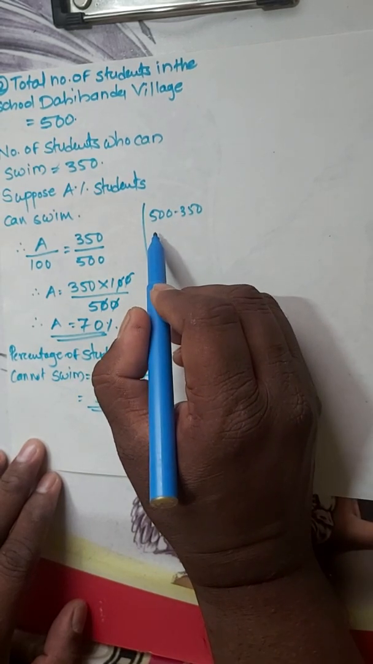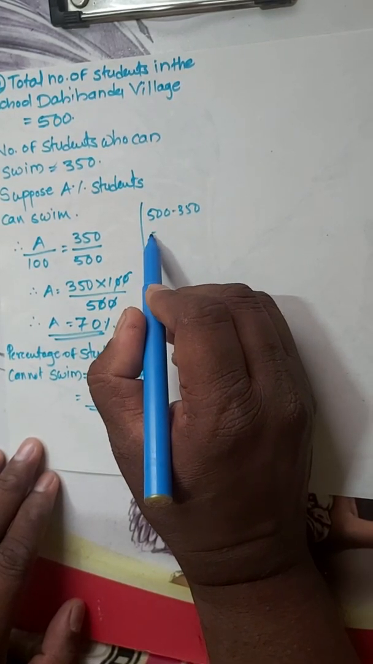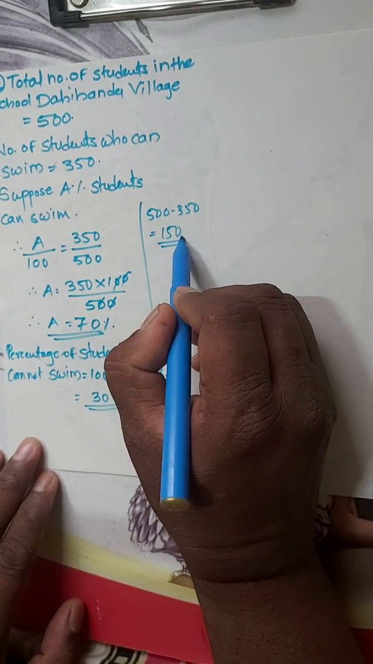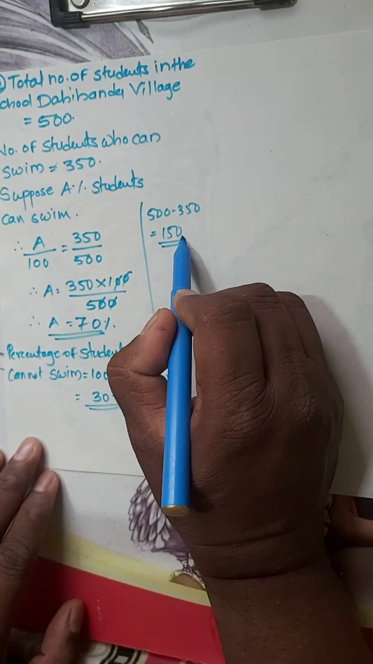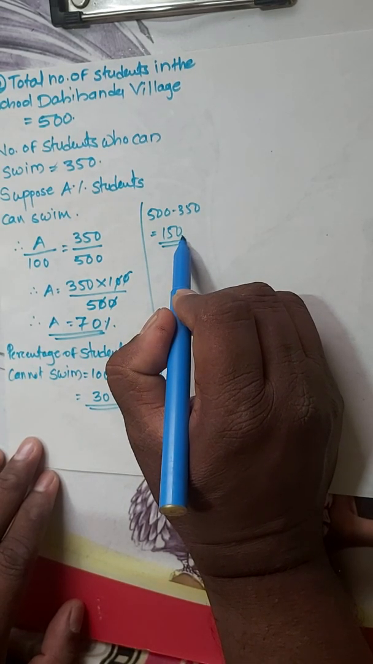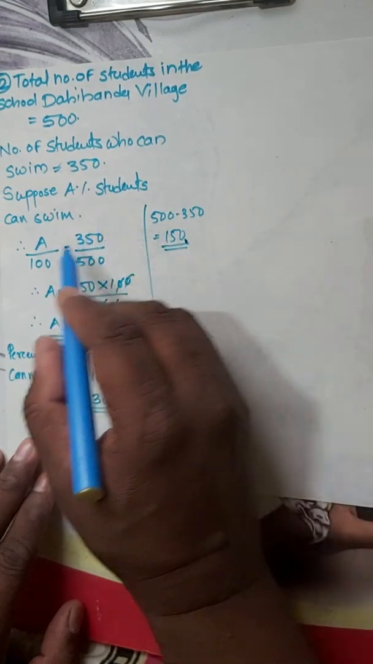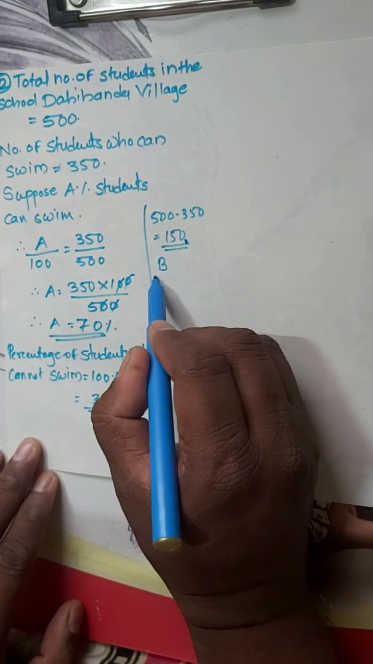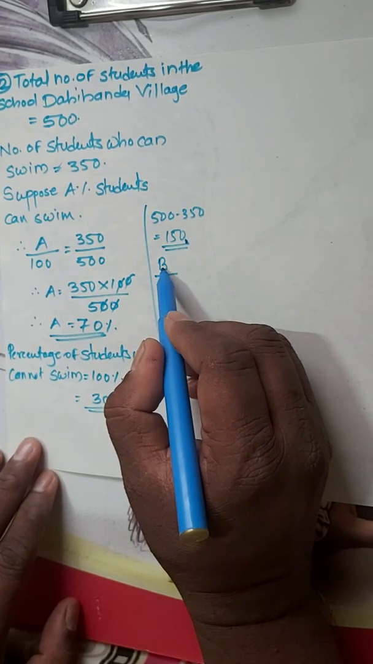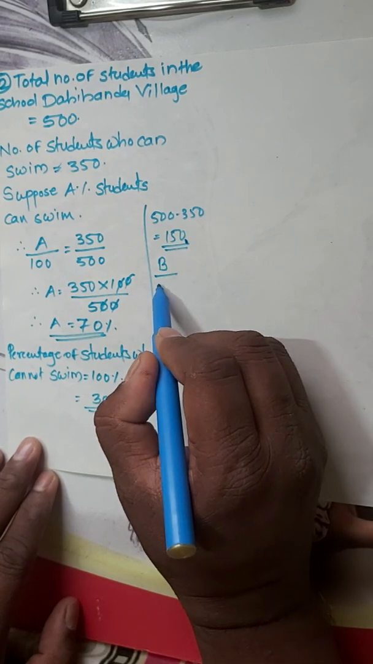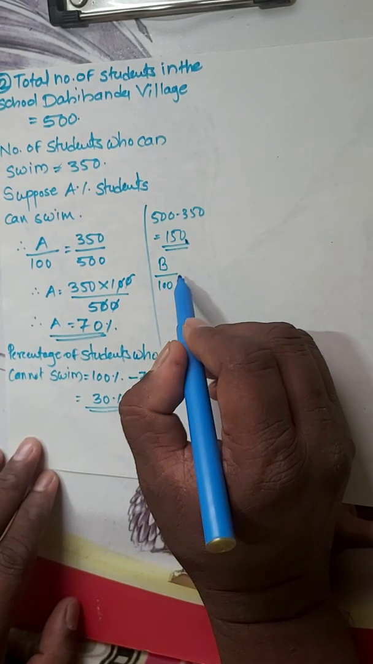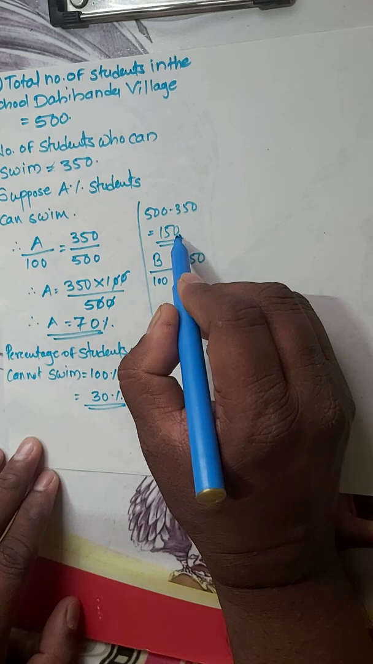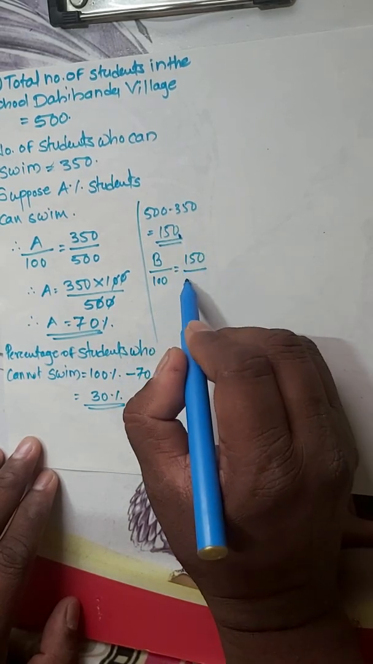Okay, so 500 minus 350 is equal to 150. So 150 are the students who are not able to swim, or who cannot swim. So you can write the example like this, same as before. Suppose B students cannot swim, so B upon 100 is equal to 150,